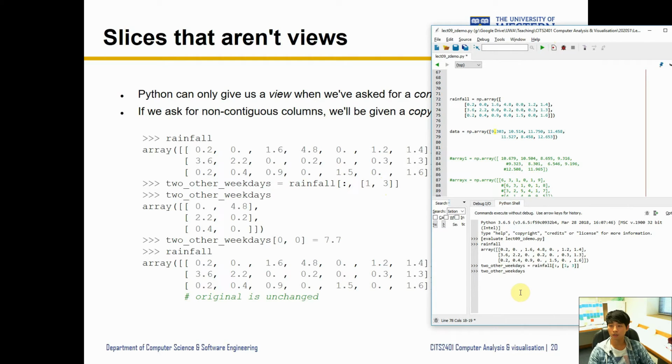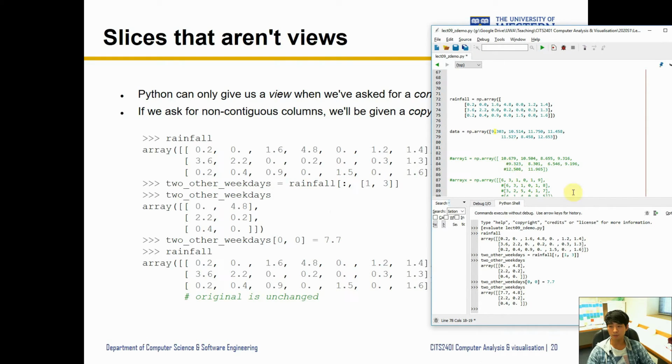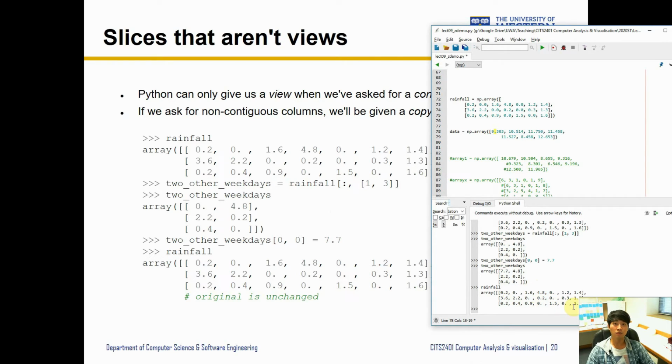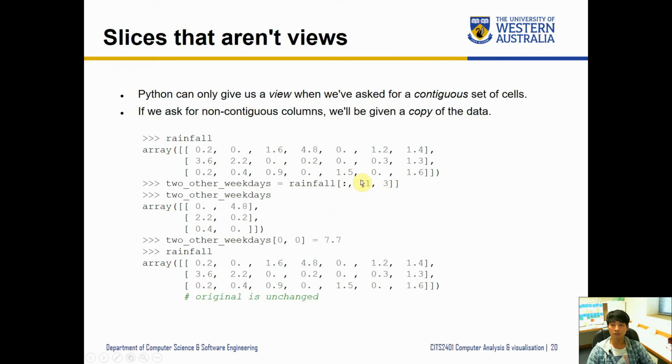2 other weekdays contains these values as we suspect, and what we're going to do is set 2 other weekdays 0, 0 to 7.7. Now we check the content of 2 other weekdays, and it did update from 0 to 7.7. And if we look at the rainfall, it did not have a value 7.7. This is because these are non-continuous values. Therefore, it created a copy of the new data and gave it a new reference